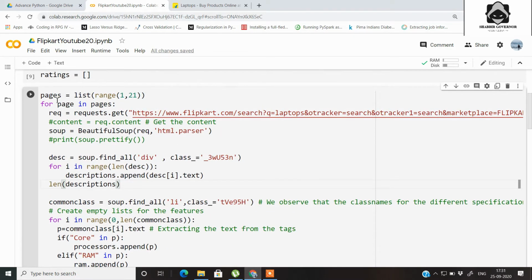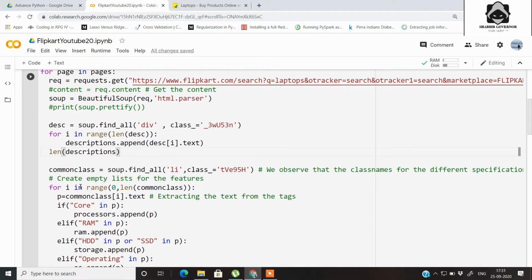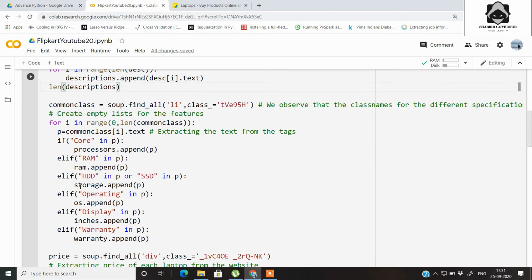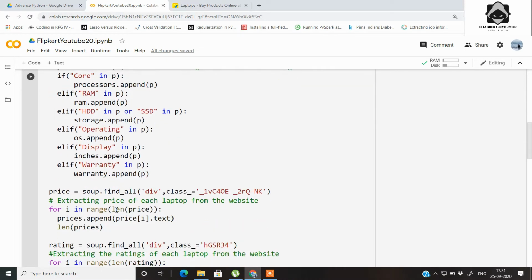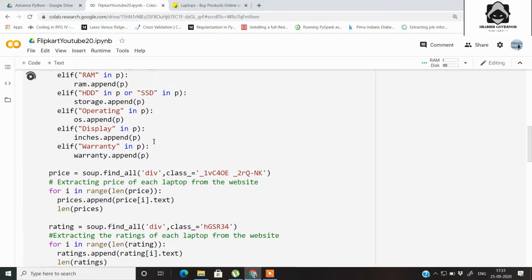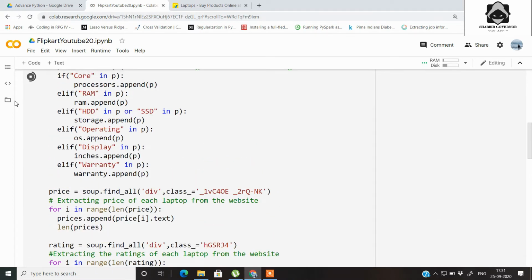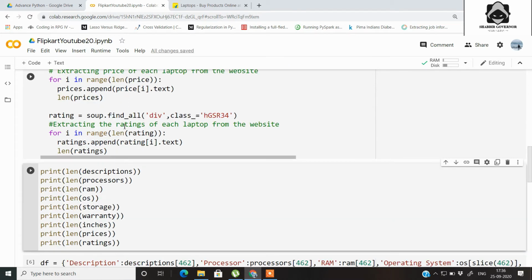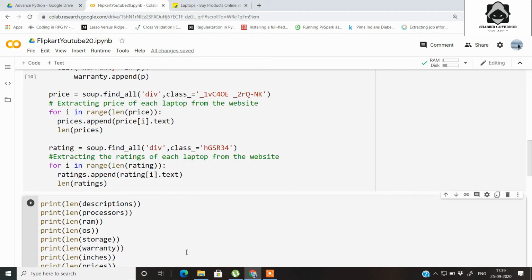This is the main cell of our complete code, which is going to scrape the data of 20 pages on the same site. So let's run this cell. Since we are scraping around 20 pages, it may take some time, but don't worry, since you are working on Colab, it will be comparatively faster. Once this part is done, let's check for the list lengths, because many times what happens is that tags may be absent, so nothing gets appended to the list.